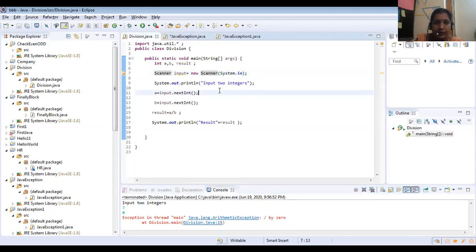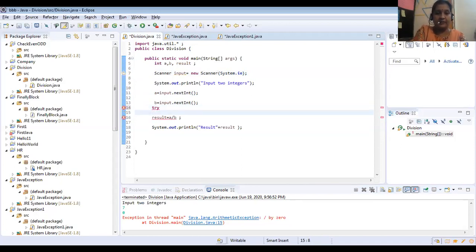Now I'll tell you. Where I got the error, here only I got the error, if I give the value 0. I told you, where you feel a statement will give you an error, you have to put that code in what? Try block. So I will put this statement here. If I write try block, I should write what block?